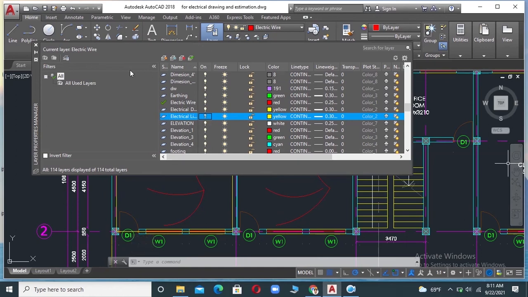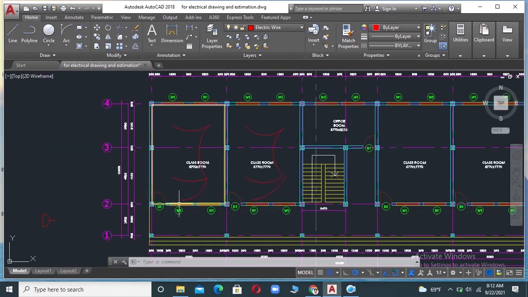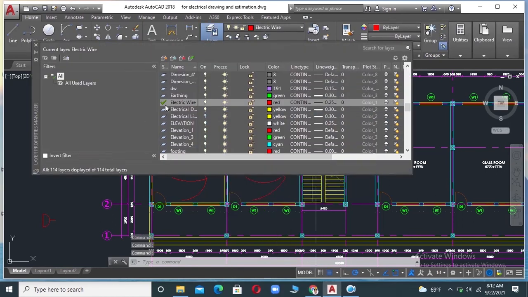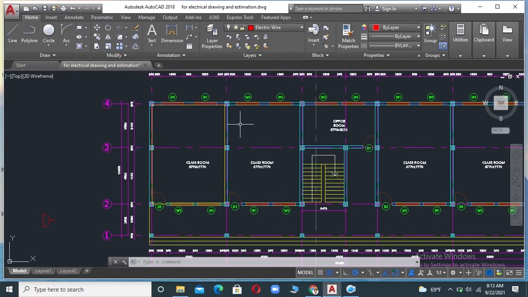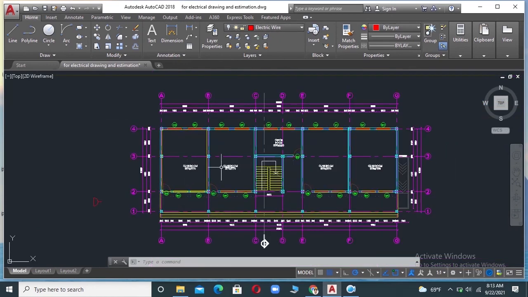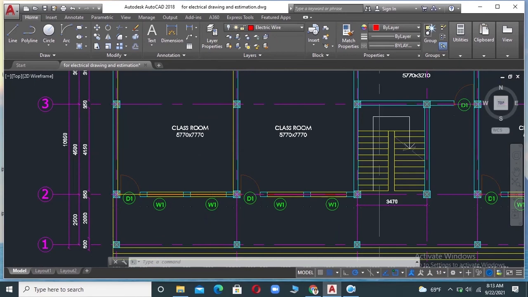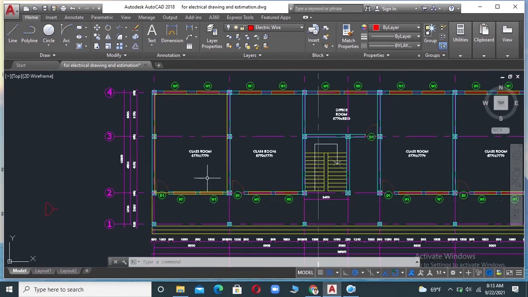So here we have clicked on this icon to turn it off. As you can see over here, our lights or switches which have been created within this light layer are off now. If we want to turn off the electrical wire, from here we can also turn it off, or better to go here and turn off the layer. As you can see over here, the electrical wire layout is now turned off because the wire is not visible. Now it is very clear to work for the HVAC guy.